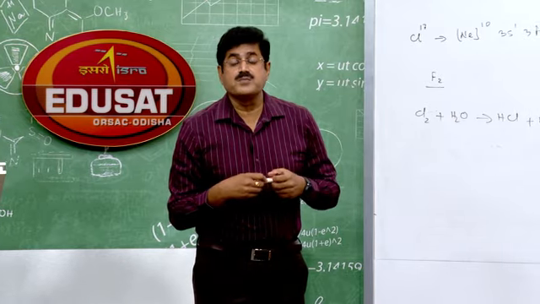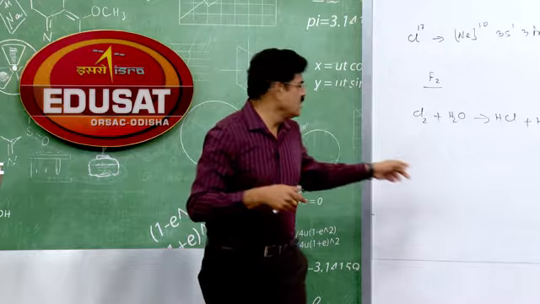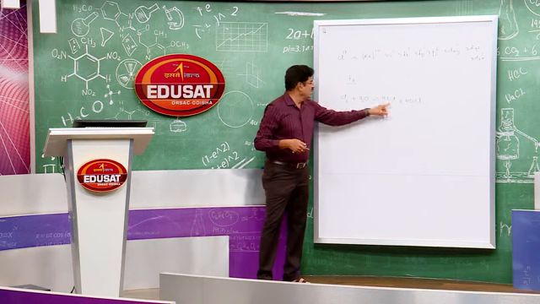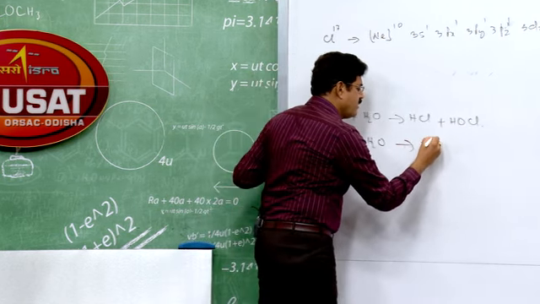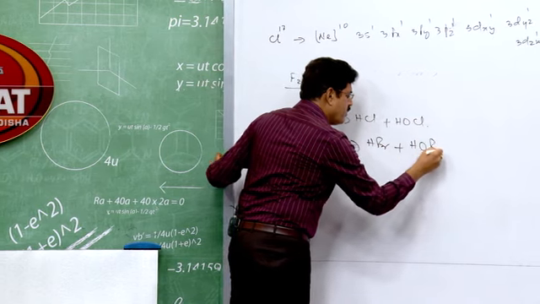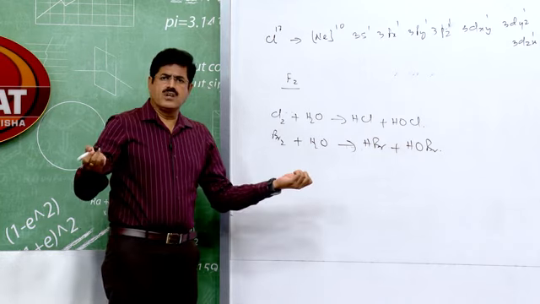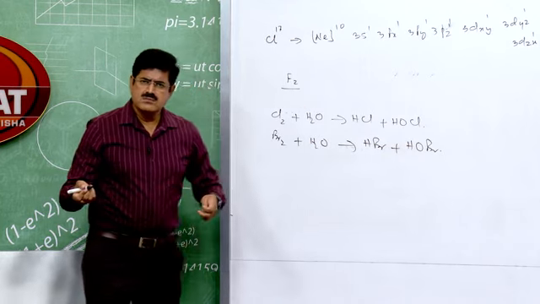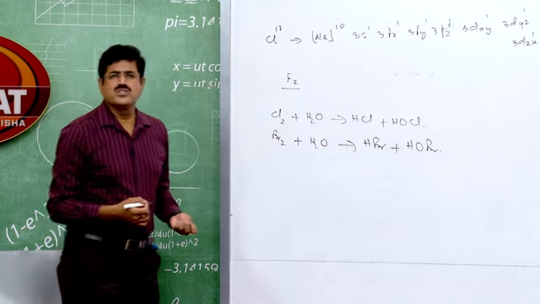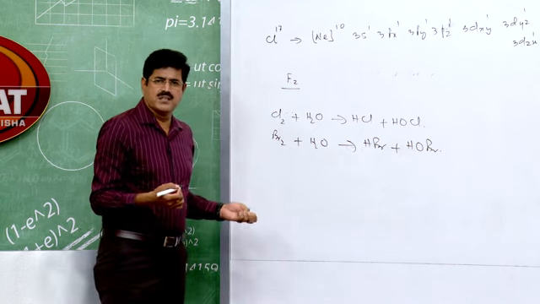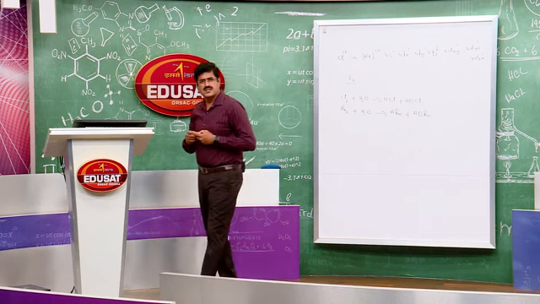From this we can also explain the oxidizing behavior of halogens. Iodine can't be reduced. You see here, chlorine is reduced. Then Br2 also is reduced, giving HBr and HOBr. The substances which are reduced are good oxidizing agents. Chlorine and bromine are good oxidizing agents because they can reduce themselves. Fluorine is the strongest oxidizing agent. You see, it oxidizes water to oxygen. It is a powerful oxidizing agent. And iodine, no reaction with water. That means iodine is a weak oxidizing agent.